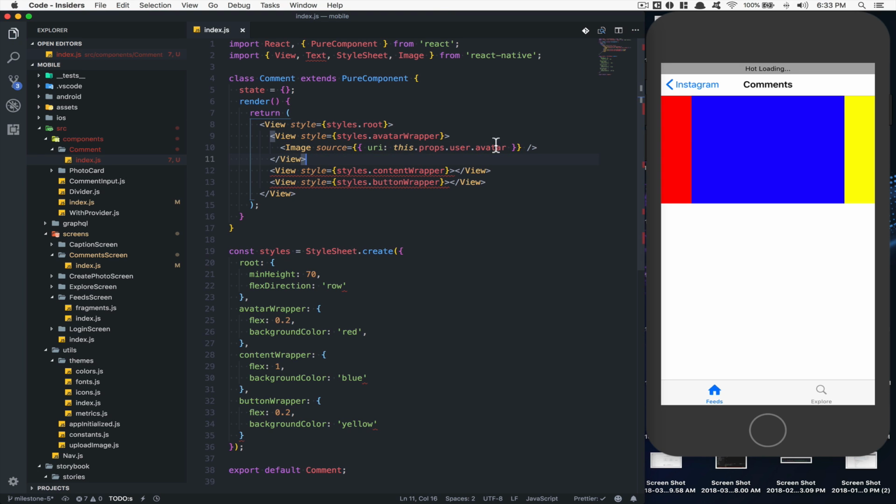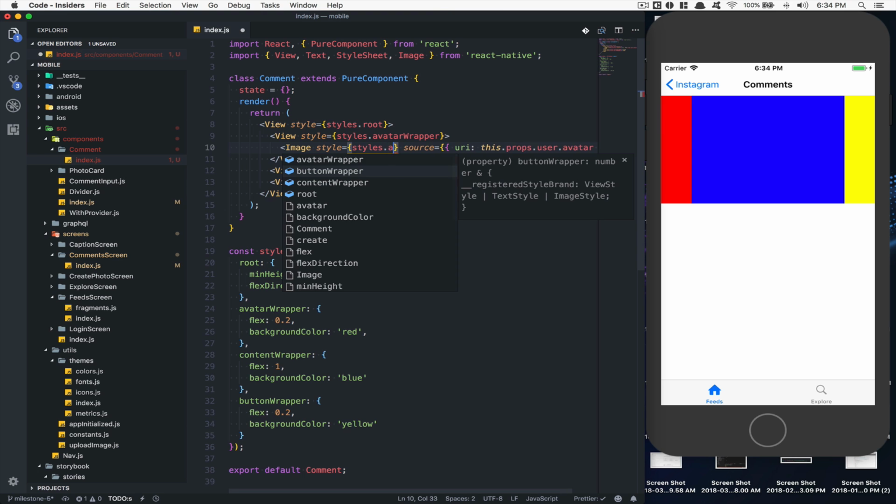Okay, if I do this and I save, now we don't see the avatar, because this avatar needs some style, because it's not a picture coming from your mobile, it's a picture coming from the web. So React Native doesn't know how to size it. So here we're gonna say style.avatar,